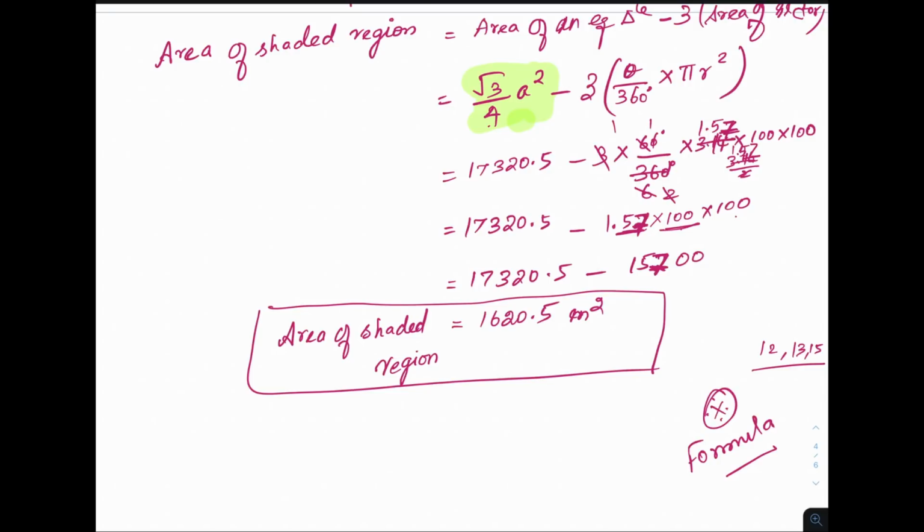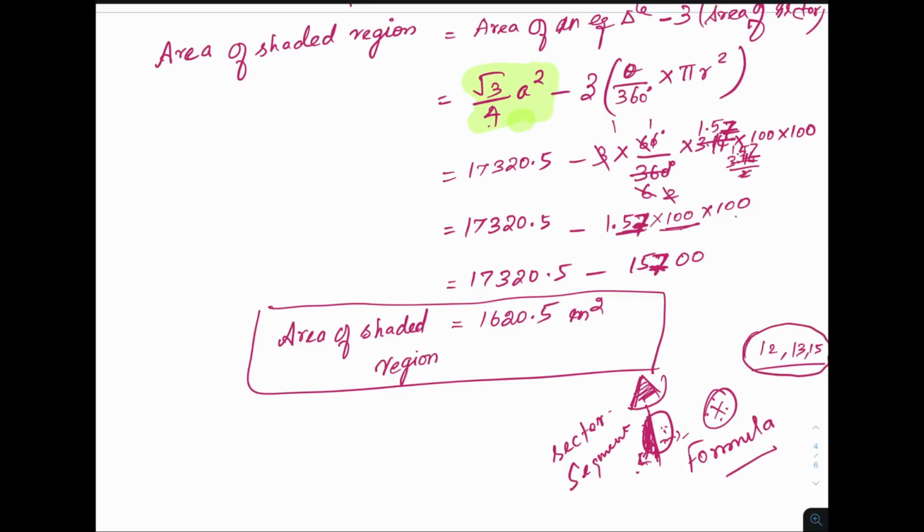You should not make mistakes with sector and segment. Don't get confused. Sector in the sense area between the two radii, and segment is a division. By the word itself we can find out division, that is a line segment divides a circle into two parts. Each one is called a segment. A smaller one is called minor segment and the other is called major segment. So all these formulas kindly go through.